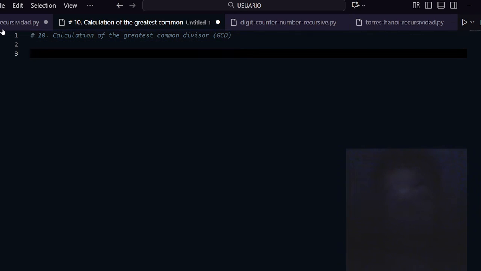Exercise or program that will help us to understand the logic and learn the concept of recursion. And in this case, we're gonna do a calculation of the greatest common divisor. But there's a lot of people like me, or maybe you, that don't remember what the greatest common divisor is. So we're gonna ask,